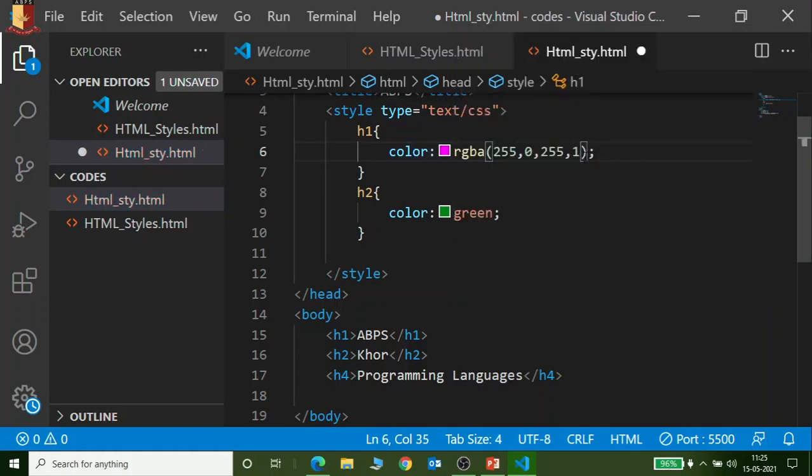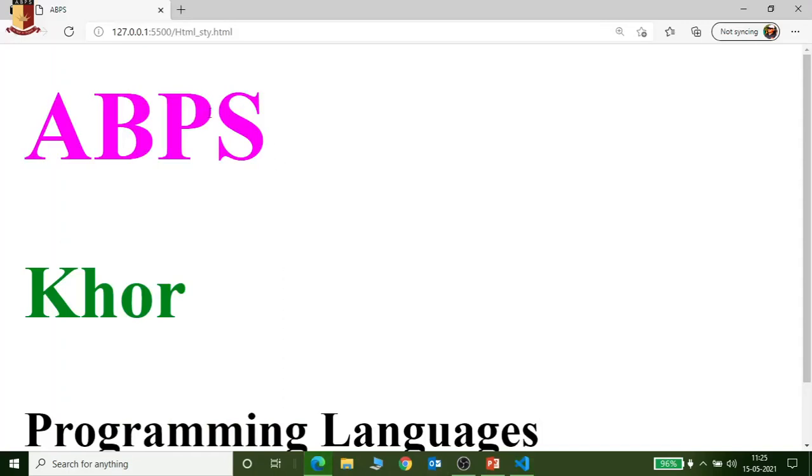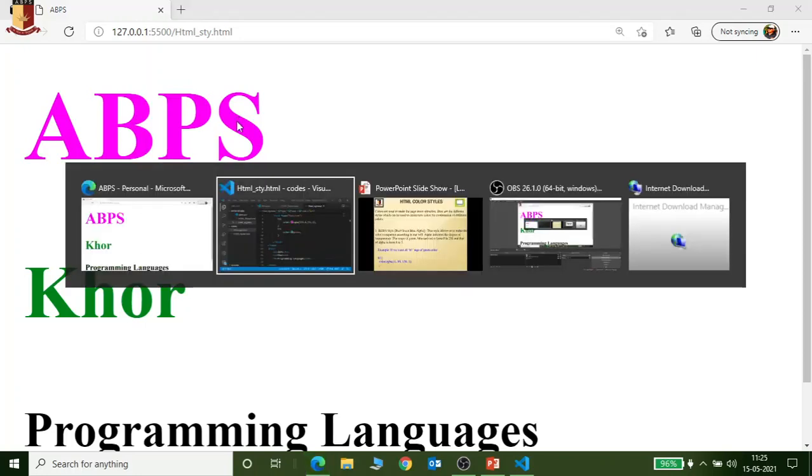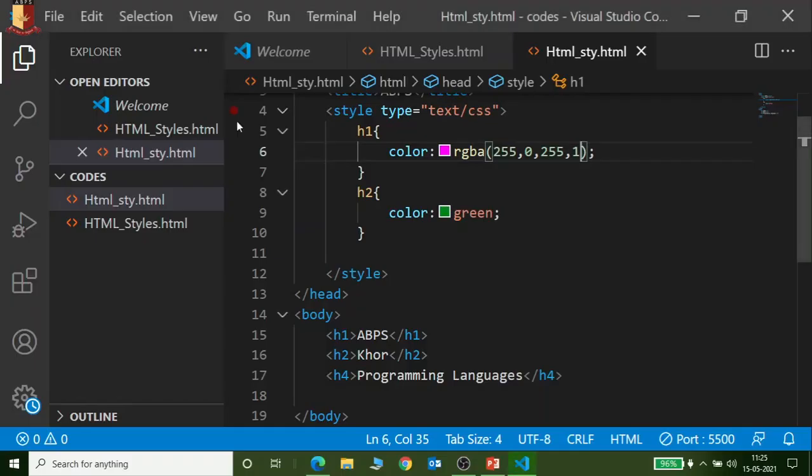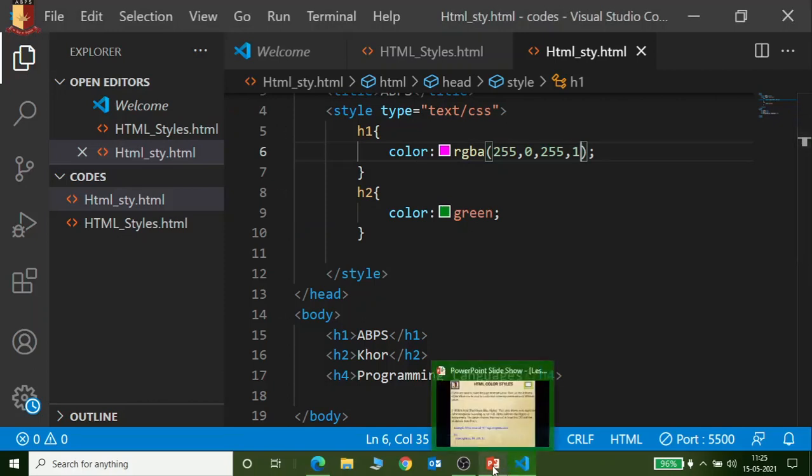That is 1. Control S and move back to the page. So the transparency, actually sometimes when you use Word you can change the transparency also, that appears properly there in Word art actually. So like this you can use this one. Okay, so transparency, that is alpha 0 or 1.